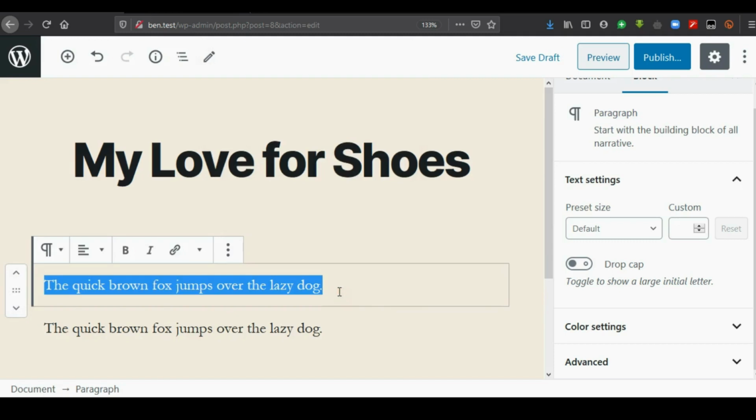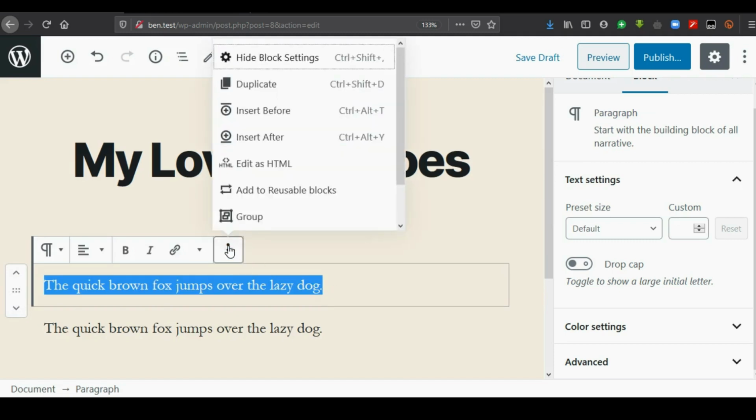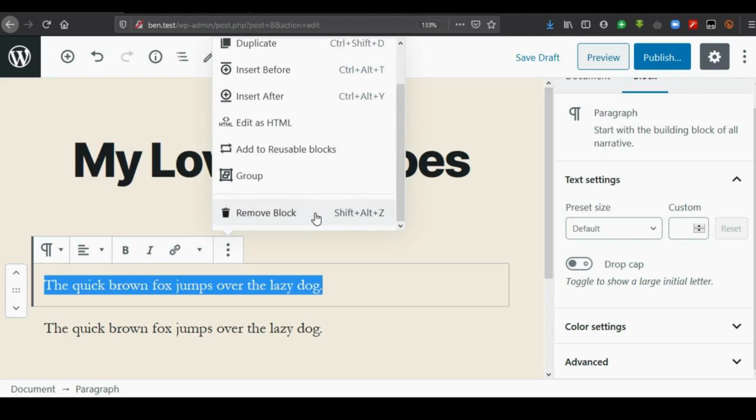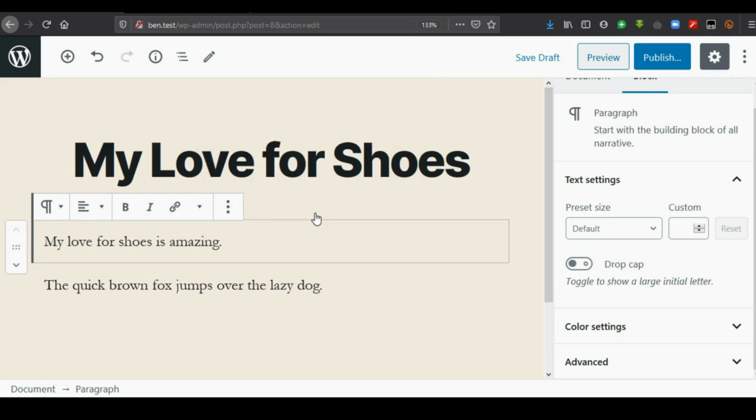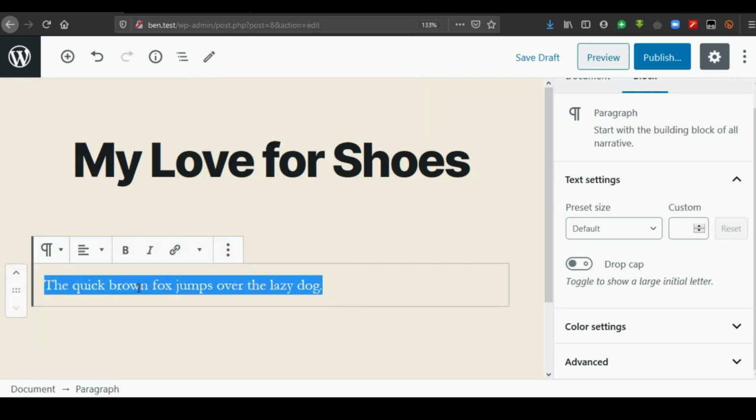It has been duplicated. There are other options such as insert before, insert after, and a whole lot of other options that you can use. You can either use these options, or if you want to remove it, you just click on remove and it goes away. You can equally apply formatting to the text that you have typed, just as we do in word processing. So you can bold text,